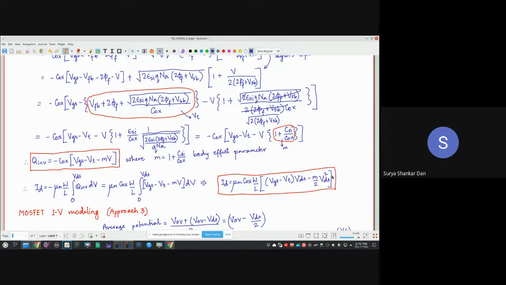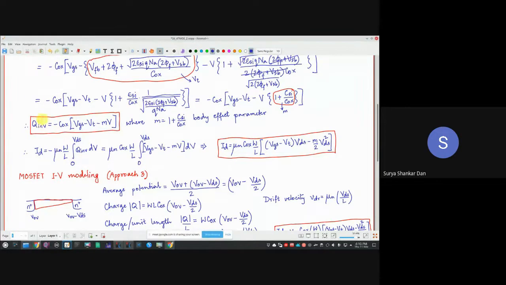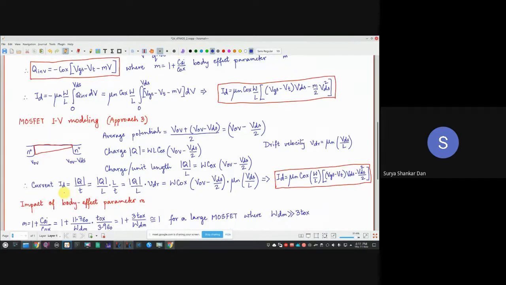So the approximation we have chosen over here is the gradual channel approximation, right? If you can notice here, this is gradual channel because in this expression, you can clearly see that the inversion is proportional to minus COX minus MV. So it is proportional to V, the applied voltage. Okay, so that means it's something similar to what I have drawn over here. Okay, now an even simpler approach, probably this is what you have studied in your BTech.